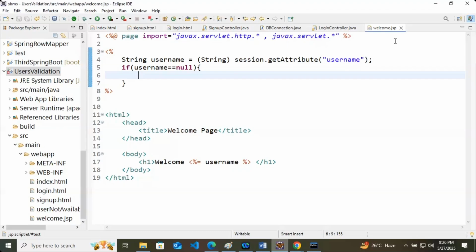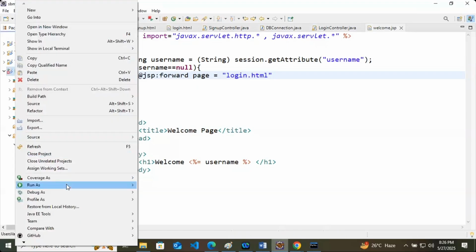At the rate of jsp colon forward page equals login.html. Okay, let's try this. Are you saying like this, Rohit? Sure. Let's restart the application.